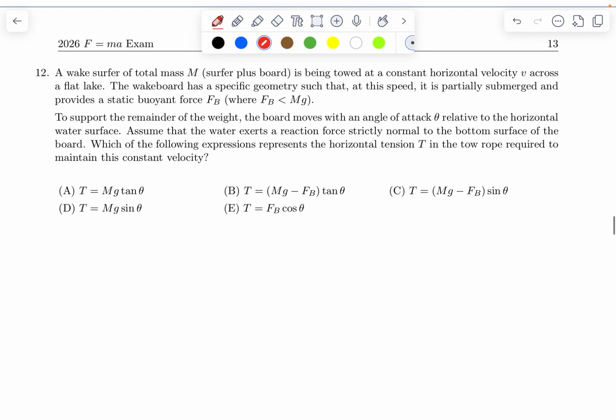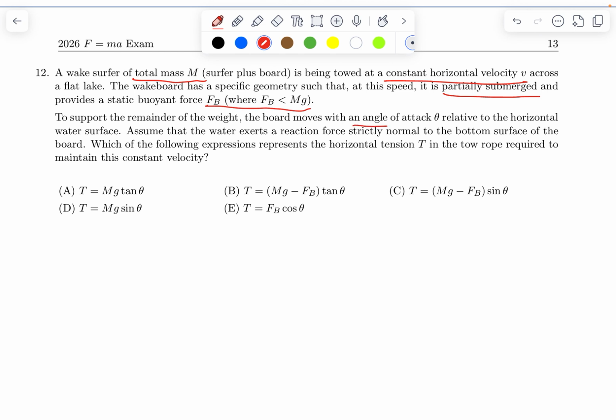Okay, so let's start by reading the problem. A wake surfer of total mass m, surfer plus board, is being towed at a constant horizontal velocity v across a flat lake. The wakeboard has a specific geometry such that at this speed, it is partially submerged, and it provides a static buoyant force, Fb, where Fb is less than mg. To support the remainder of the weight, the board moves with an angle of attack theta relative to the horizontal water surface. Assume that the water exerts